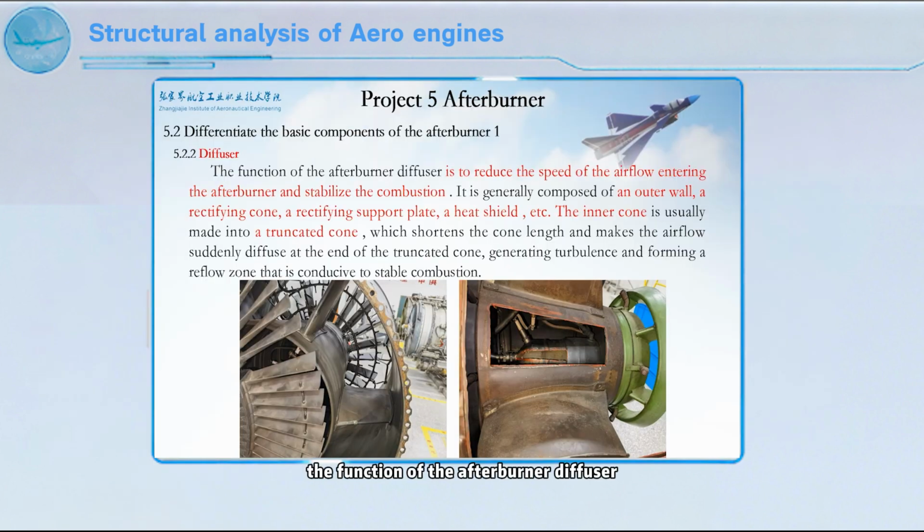The function of the afterburner diffuser is to reduce the speed of the airflow entering the afterburner and stabilize the combustion. It is generally composed of an outer wall, a rectifying cone, a rectifying support plate, a heat shield, etc. Its inner cone is usually made into a truncated cone, which shortens the cone length and makes the airflow suddenly diffuse at the end of the truncated cone, generating turbulence and forming a reflow zone that is conducive to stable